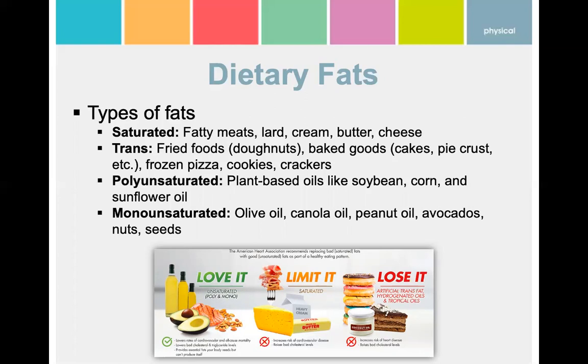You may be asking, why are saturated and trans fats considered the bad fats? Well, it's because they raise your bad cholesterol, or your low density lipoprotein, commonly referred to just as LDL. If you have higher levels of LDL, it can lead to heart disease. Whereas the unsaturated fats lower your LDL levels and are considered beneficial when consumed as a part of a healthy